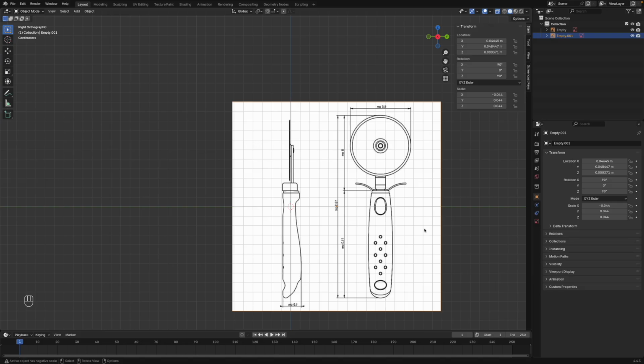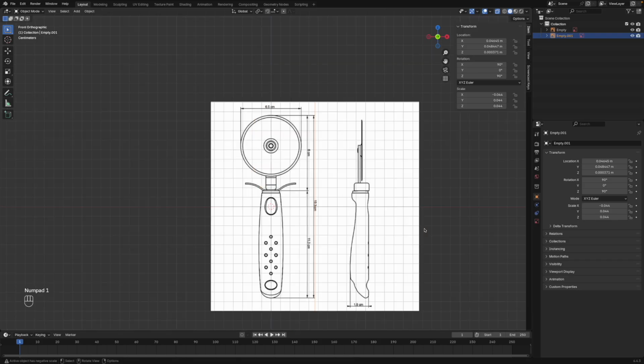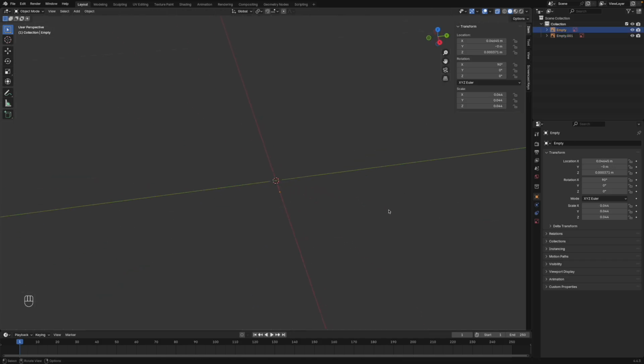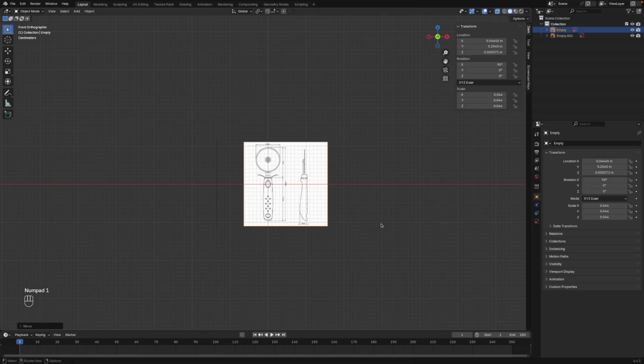Now jump into front view, and while this is all selected, I want to move it somewhere in the back, and with this selected as you can see, we can't see it in the perspective view, but this dot indicates it, so I want to move it a bit back. Now if we jump back to front view,